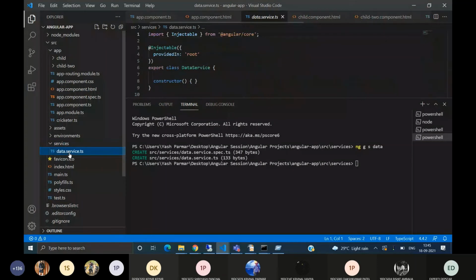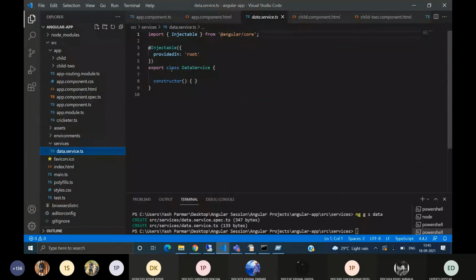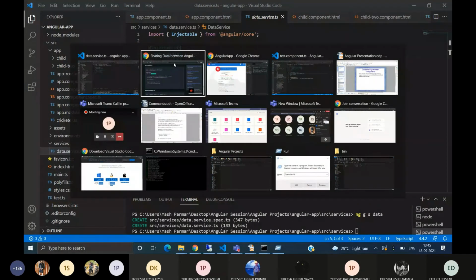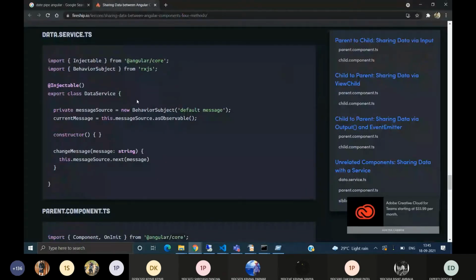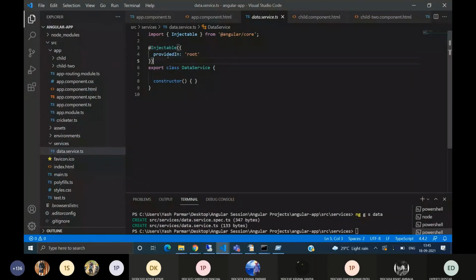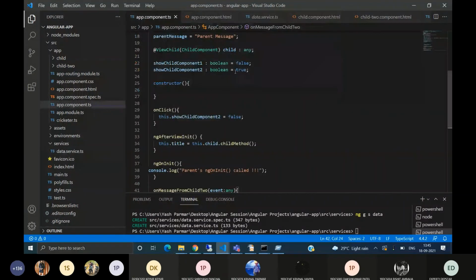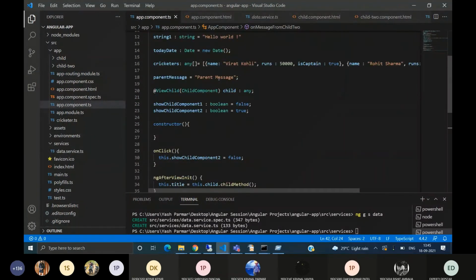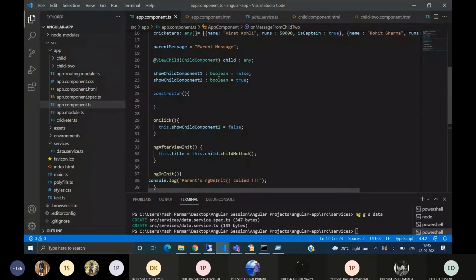So this is the service class. It is basically a class only, but here the decorator is Injectable, and inside it the metadata is provided in root. This is the syntax for a service. To create a service, it is Injectable. So when I told you earlier, in the constructor, we will use it for dependency